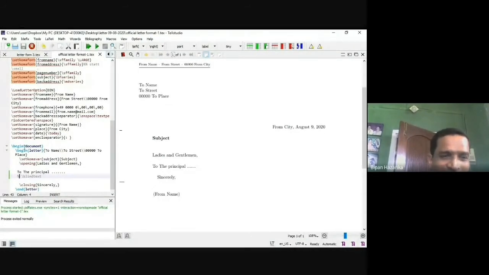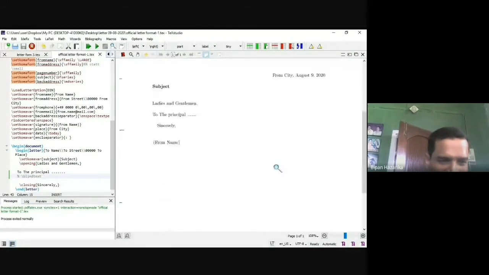I write these things, so it is shown here. So our text is sentences. You can write the body of your letter here. So this is one format.